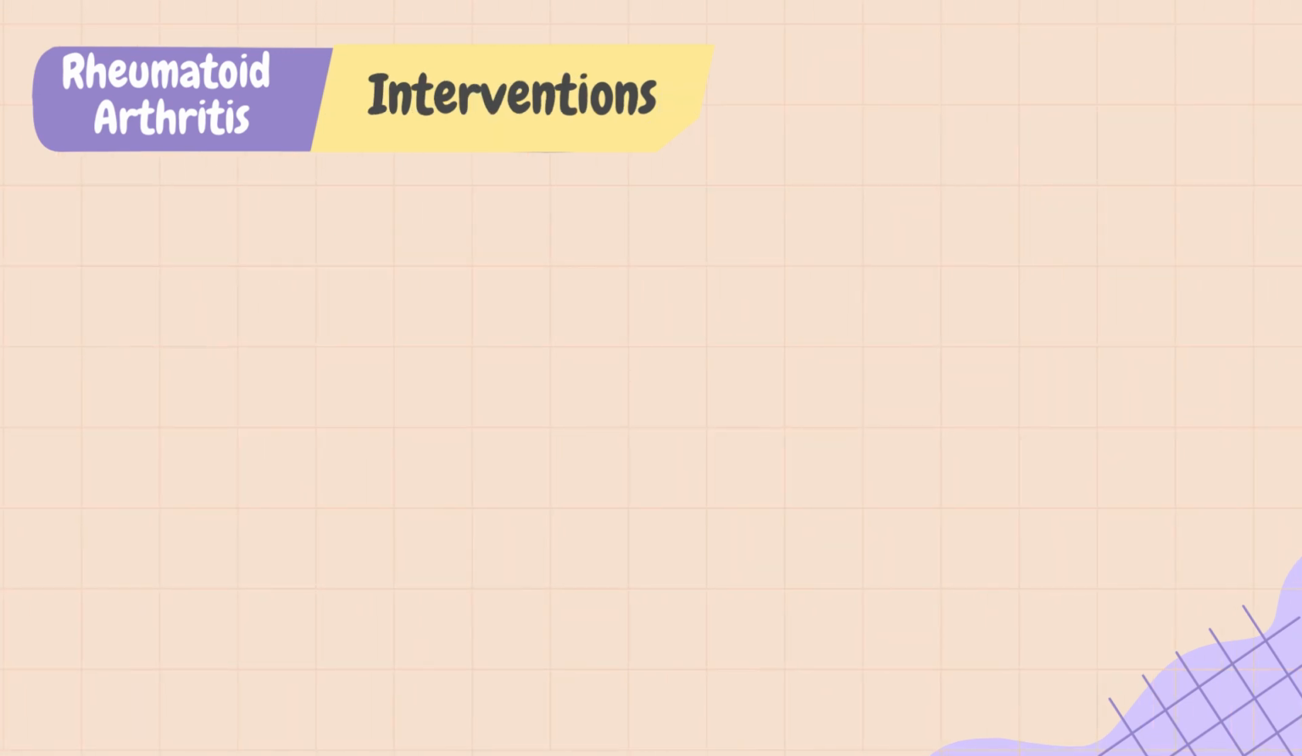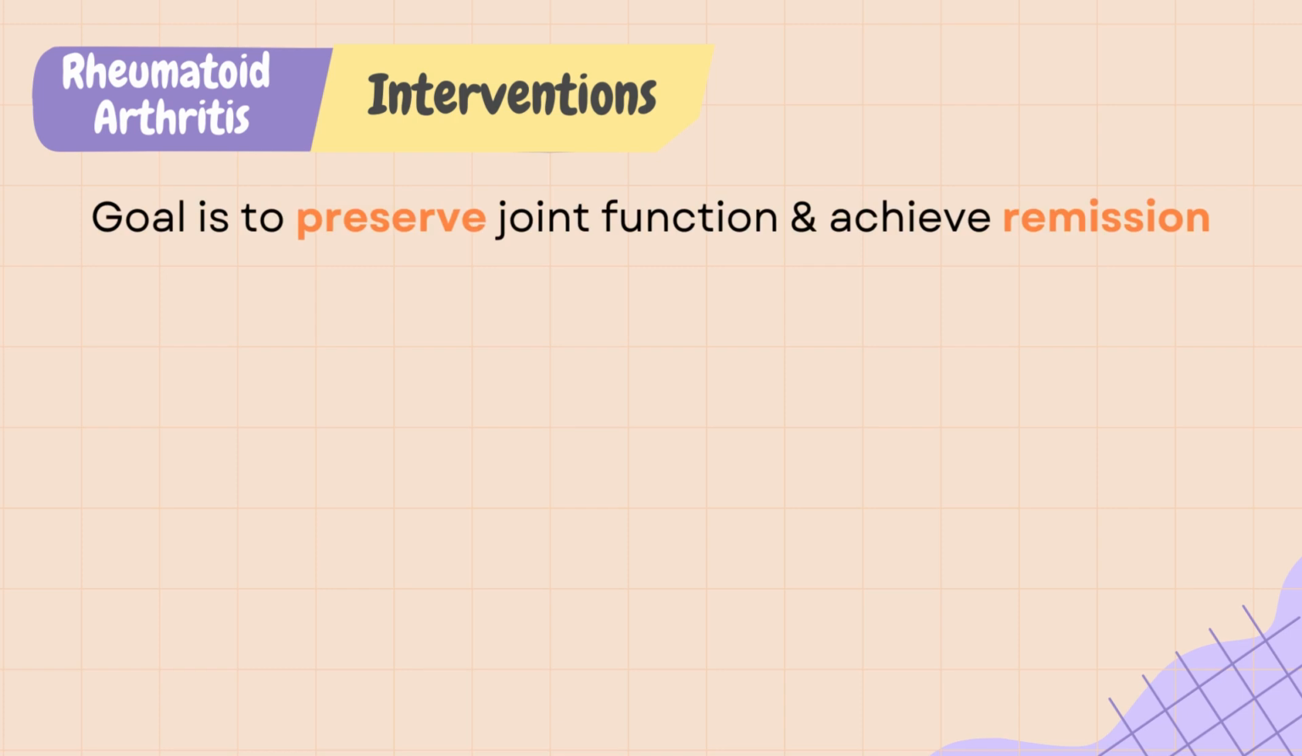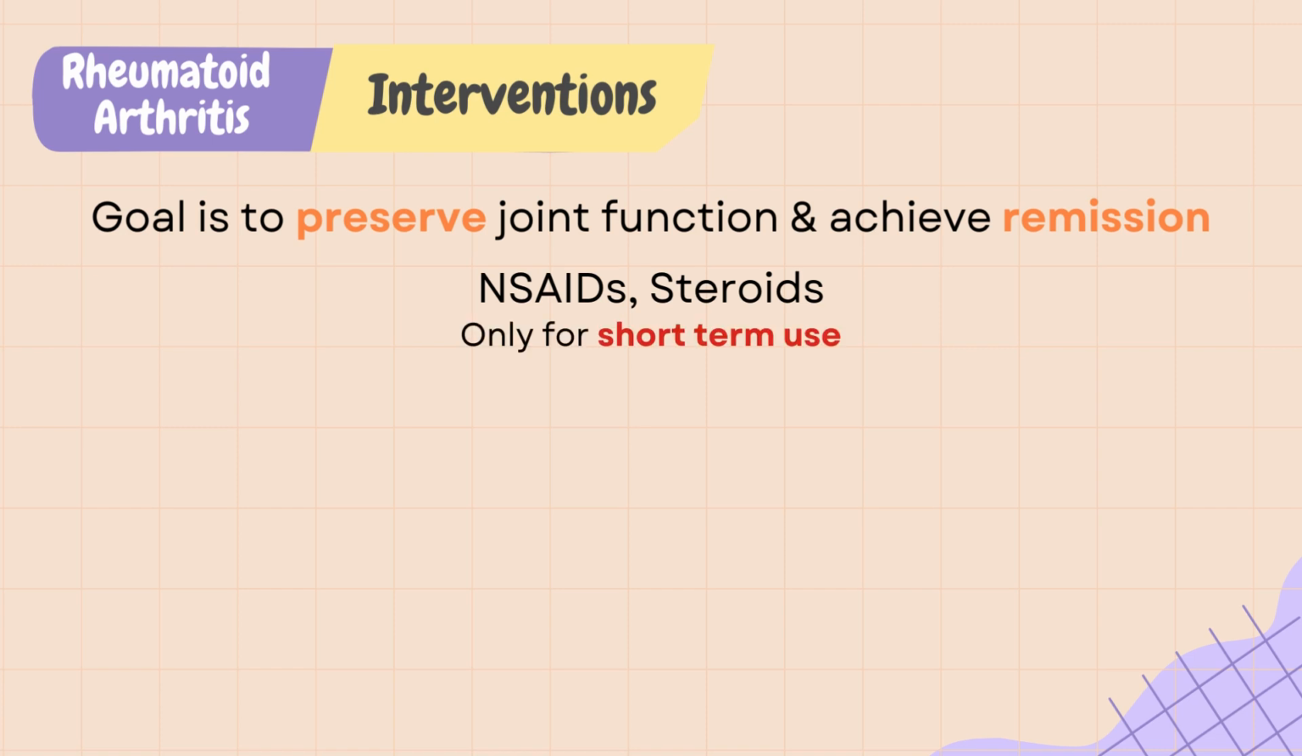Nursing interventions. There is no cure for RA, but remission or absence of signs and symptoms can be achieved. The goal of care for RA is early diagnosis and treatment to preserve joint function and to remain in remission. NSAIDs and steroids are commonly prescribed during the acute phase to reduce inflammation and relieve pain, but they are only for short-term use. In the next video, we will review disease-modifying anti-rheumatic drugs, which are the mainstay of treatment for